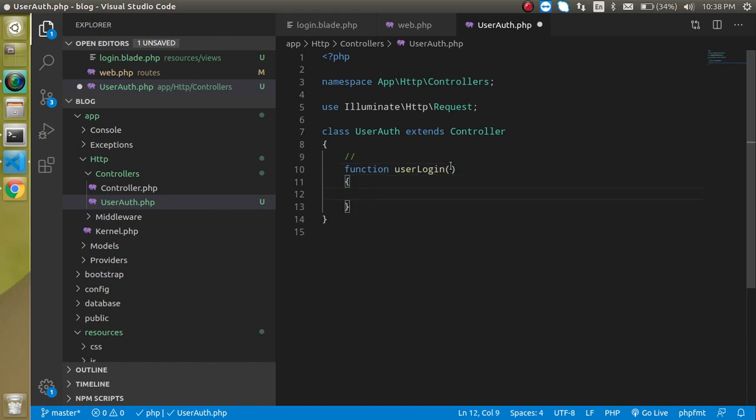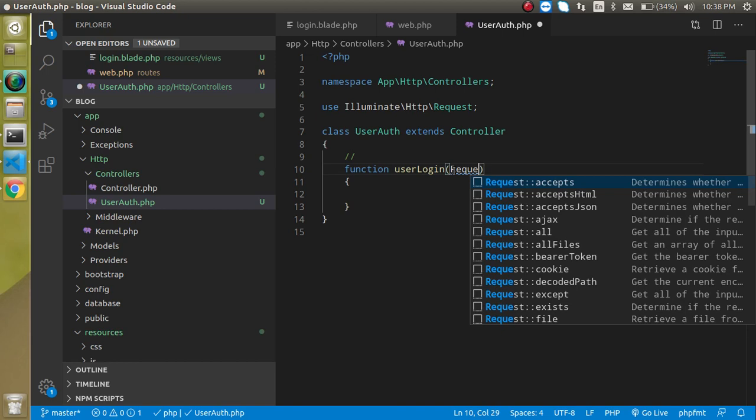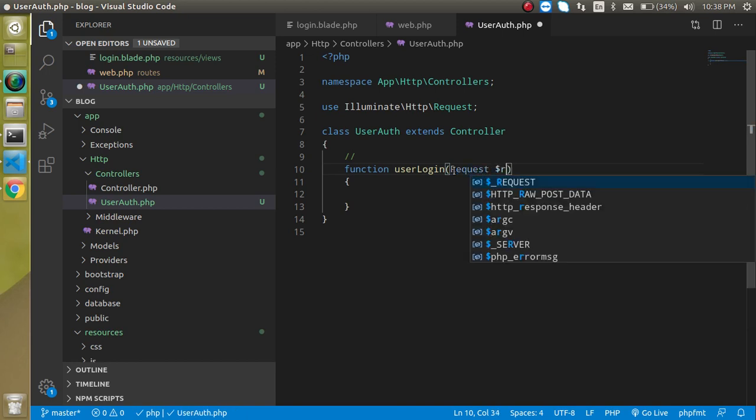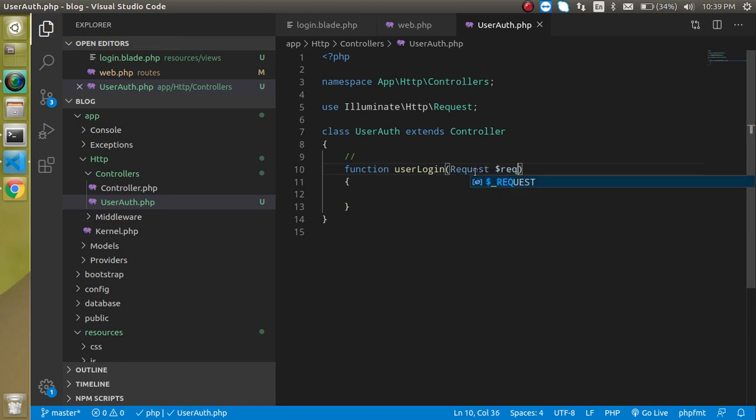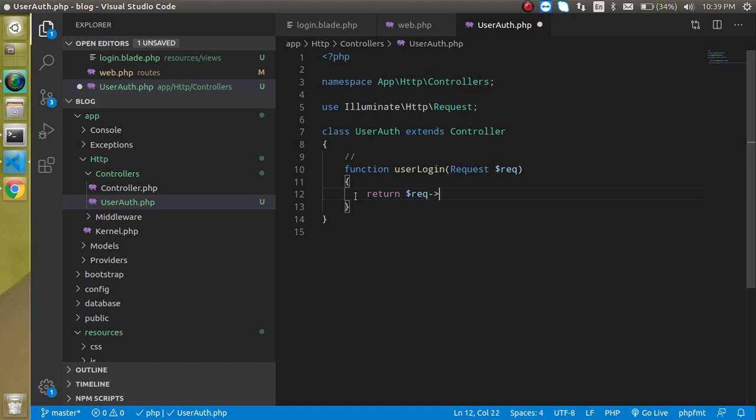And when we want to get the data from the form, then we need a parameter of type Request. So let's take a Request type parameter, and this Request belongs to the HTTP request. Now let's just return $request->input().